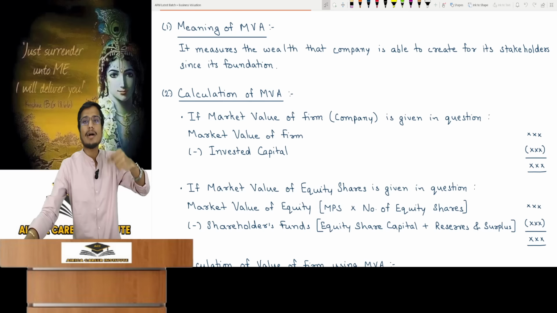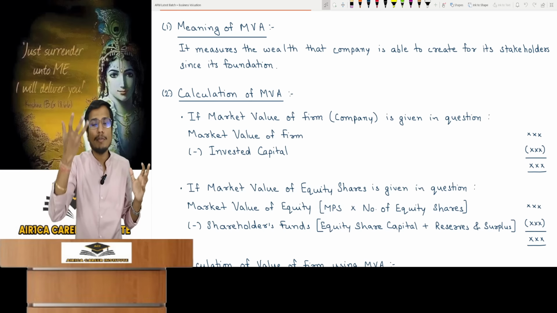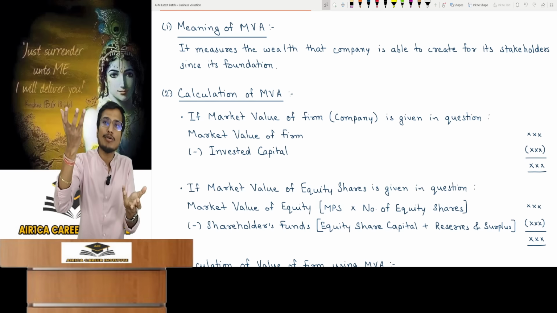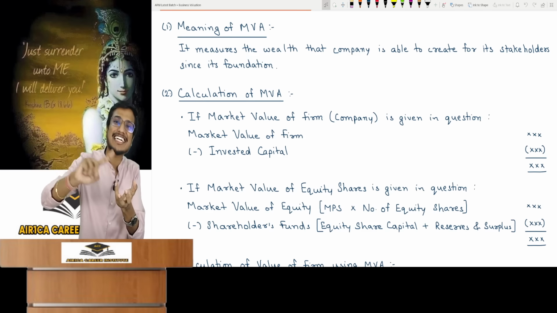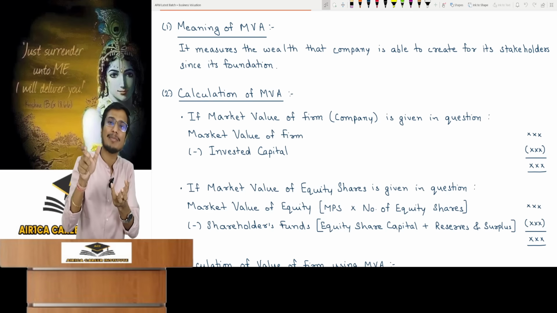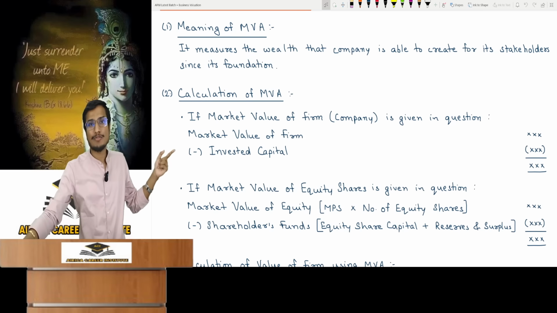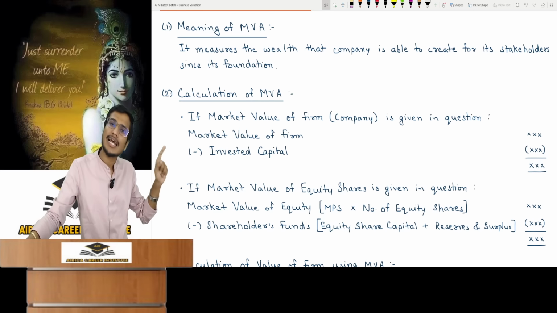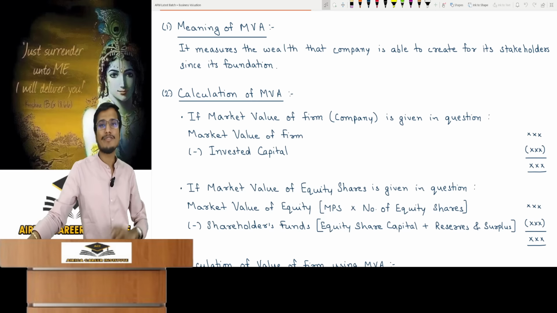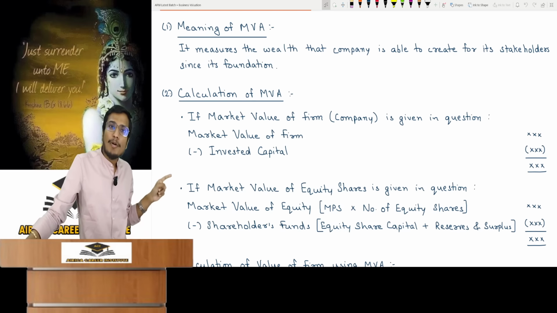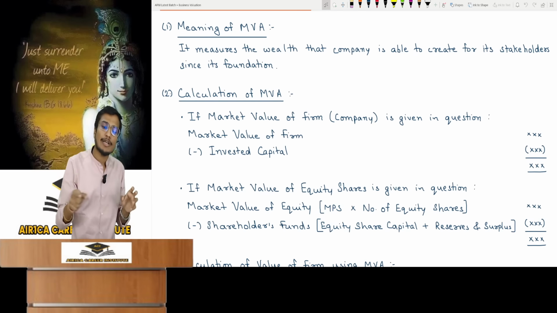If the firm's market value is given in the question, use that minus the value in the books. Is it capital employed? No. Take the adjusted invested capital, because EVA's creators calculated MVA. So just deduct that: value of firm minus adjusted capital employed, the invested capital. You will get MVA. If the market value of the firm is not given, but the market value of the